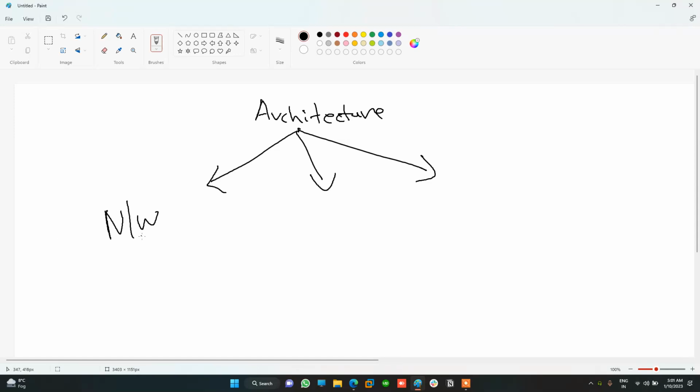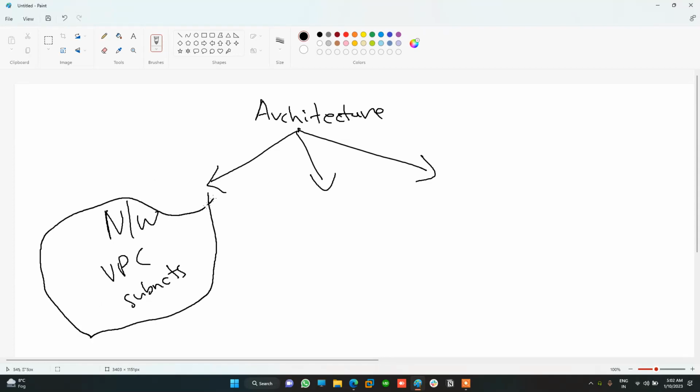How you handle the networking, how you handle the VPC, what kind of subnets you create. This completely depends on the requirements, and this should be very, very efficient without wasting any IPs, and also keeping it future proof. So networking becomes the first primary part that you need to take into consideration while creating an